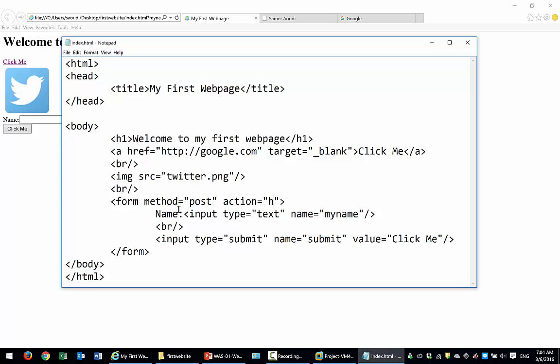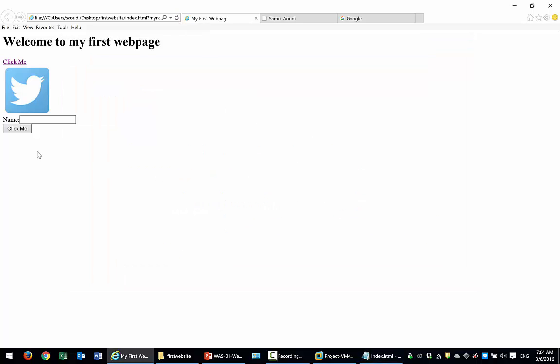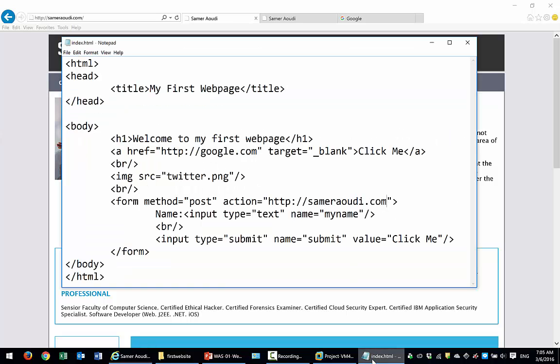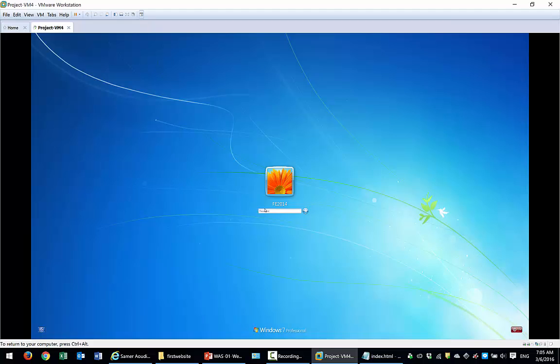Usually I would have a page that handles the data being submitted, but for now I will just put this. There is nothing, I didn't create anything to handle this. So what happens when I click the button is I go here, which is basically nothing. Okay, so this is it for creating a